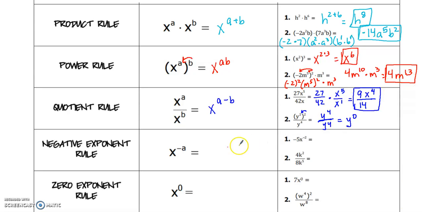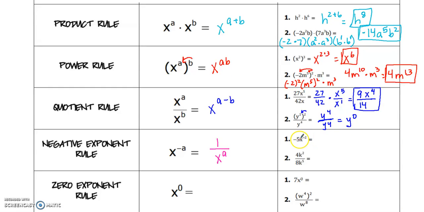If I do the next one, it's a negative exponent rule. I cannot leave my answer with a negative exponent. So to eliminate my negative exponent, I write its reciprocal. So if I have negative 5x raised to the negative 2, first of all,